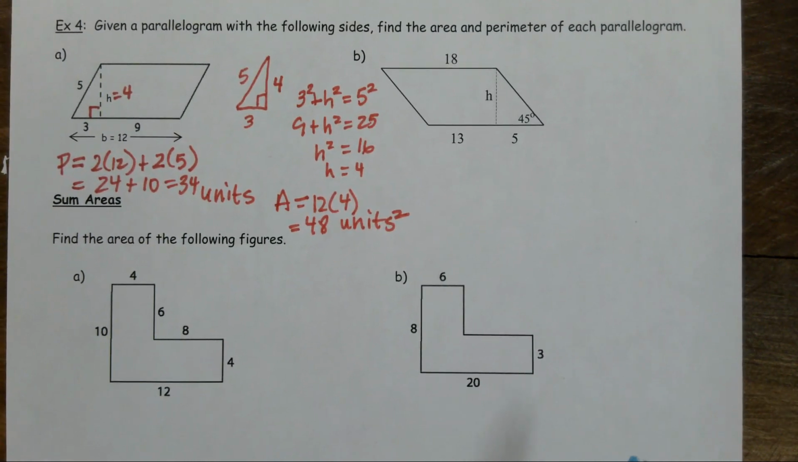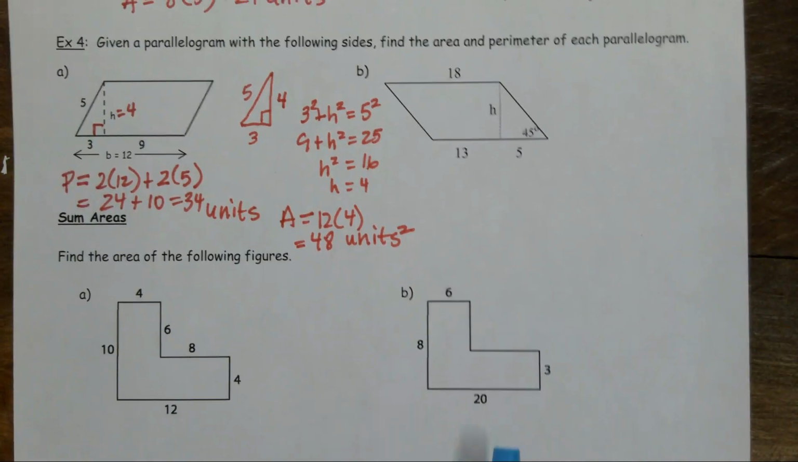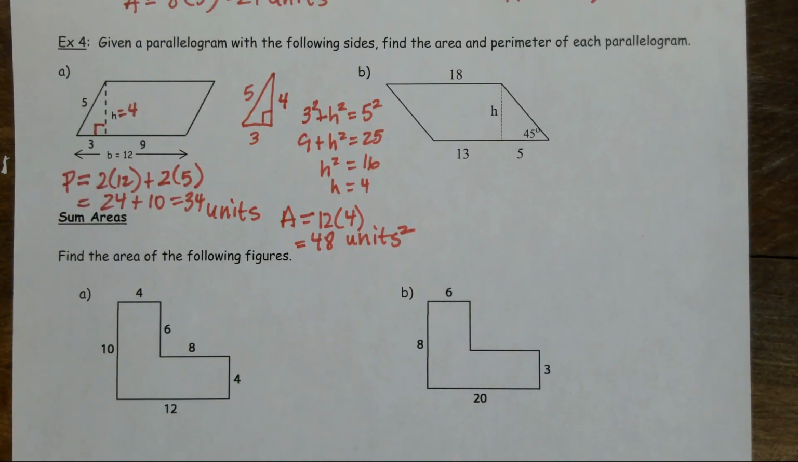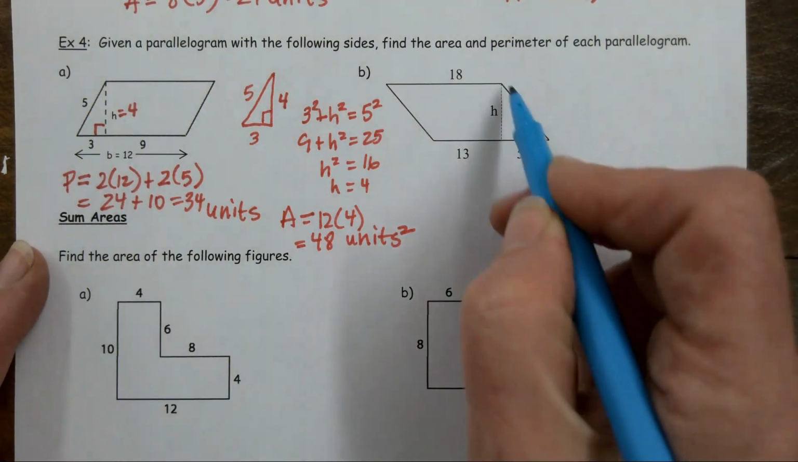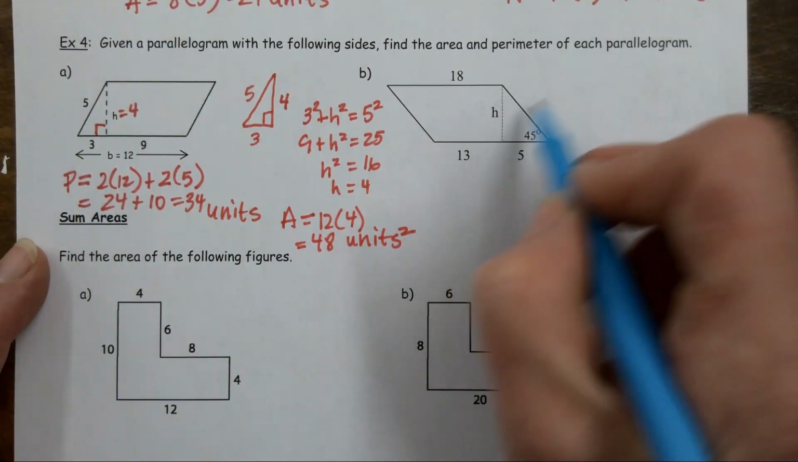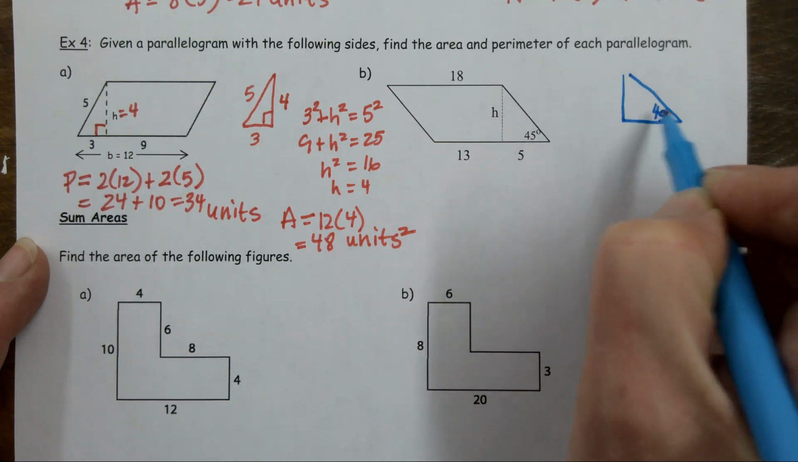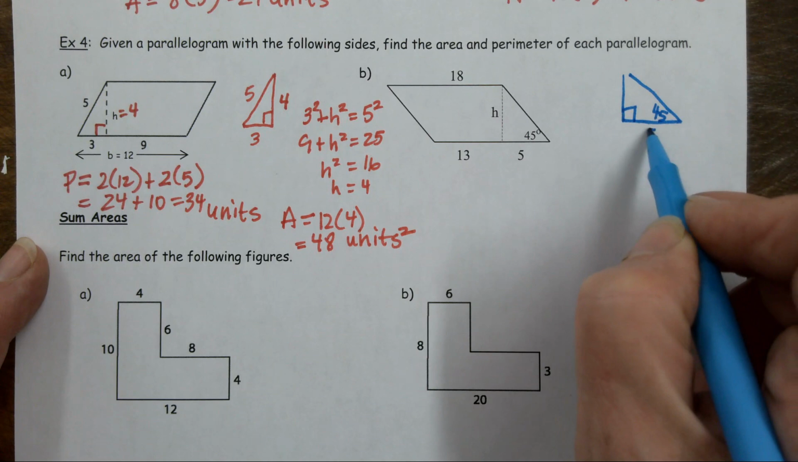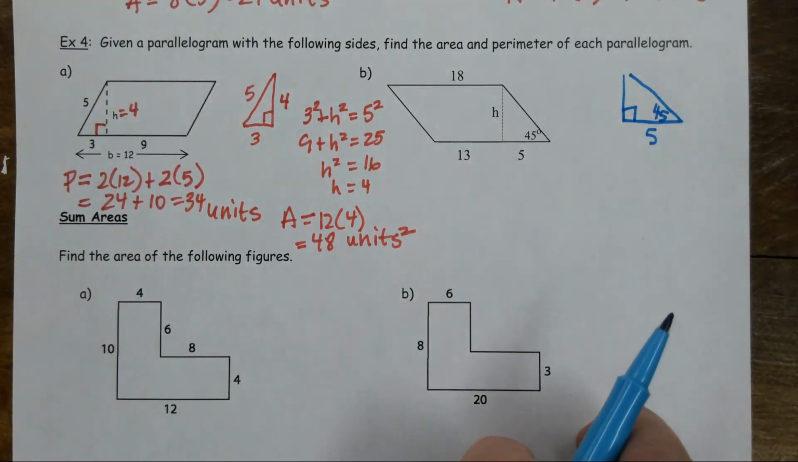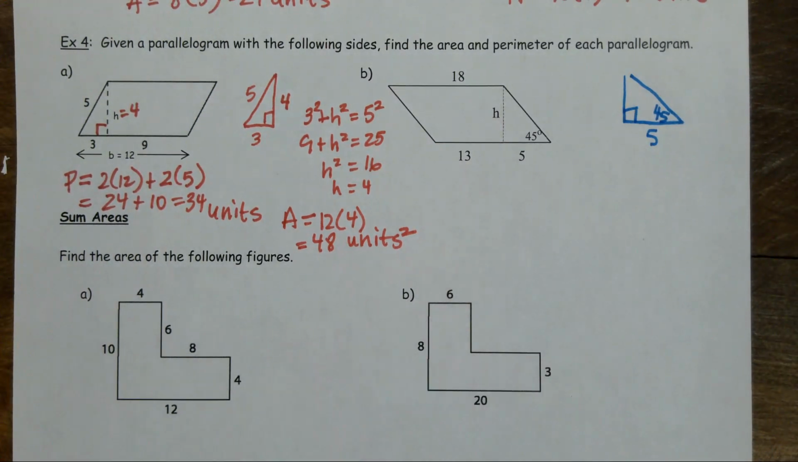Pythagorean theorem isn't the only option for solving. We could use SOHCAHTOA, sine, cosine, and tangent. We can also use our special right triangles if we recognize them. So if I take this triangle out, if I know that this bottom here is 5, and it's a 45-45 right triangle,